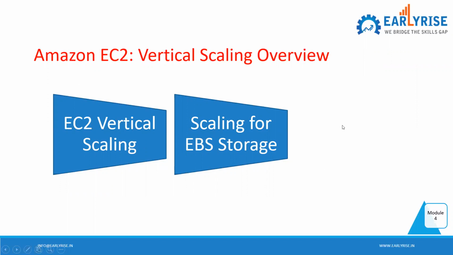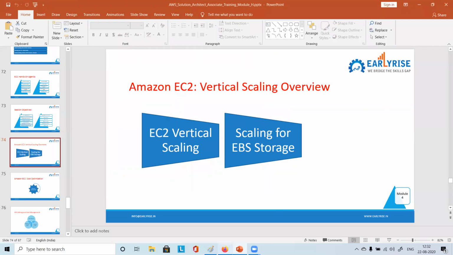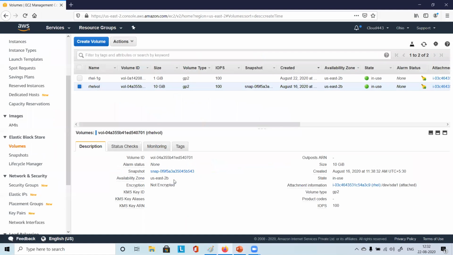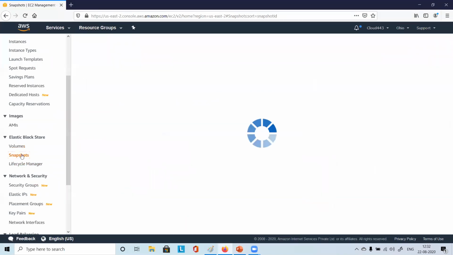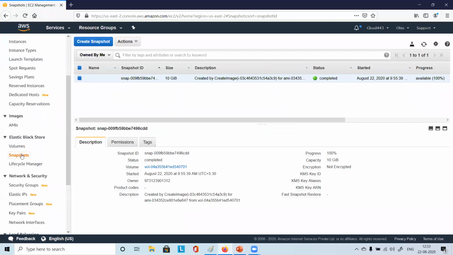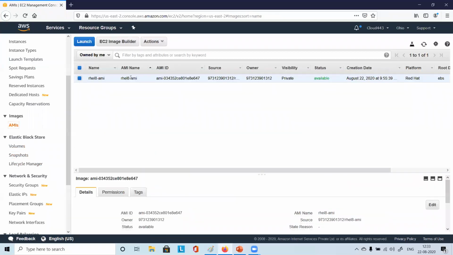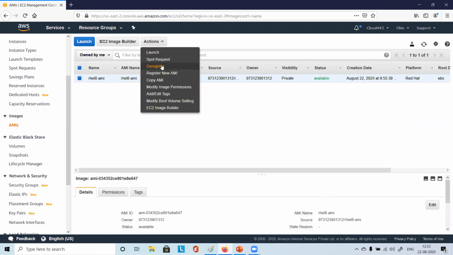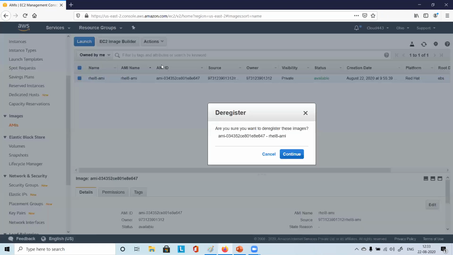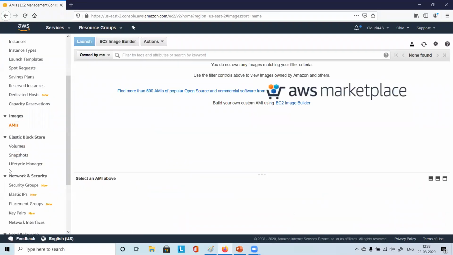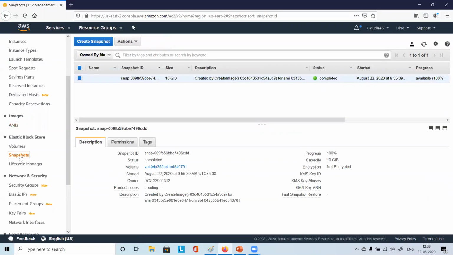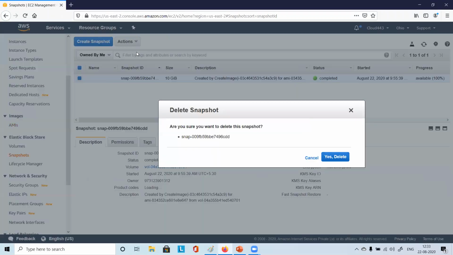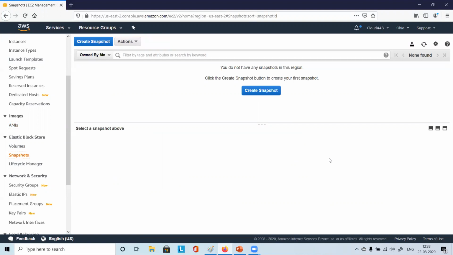You can shut down the instance. You can stop the instance, and if any additional volume is there, you can remove that also. Snapshot also can be cleared. You also remove the AMI. You have the AMI, right? So go to Actions, deregister it, and then you will have a snapshot, and you delete that. The 1 GB volume is okay, that we can keep.